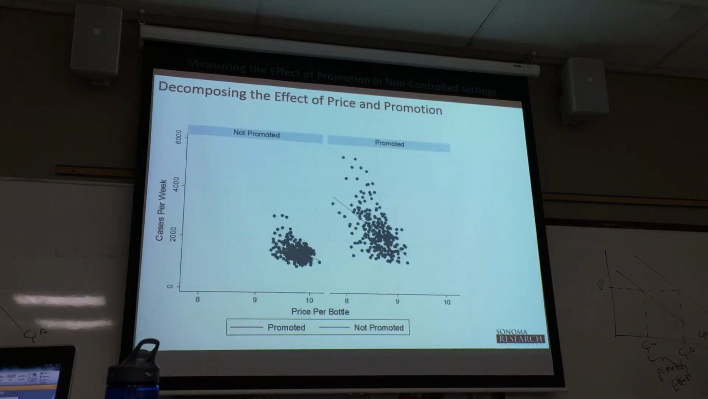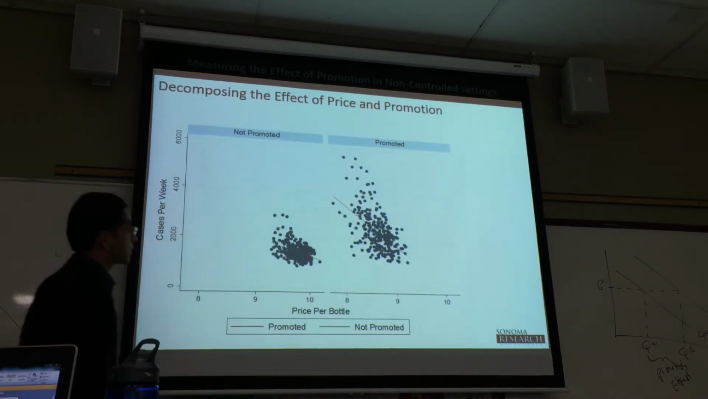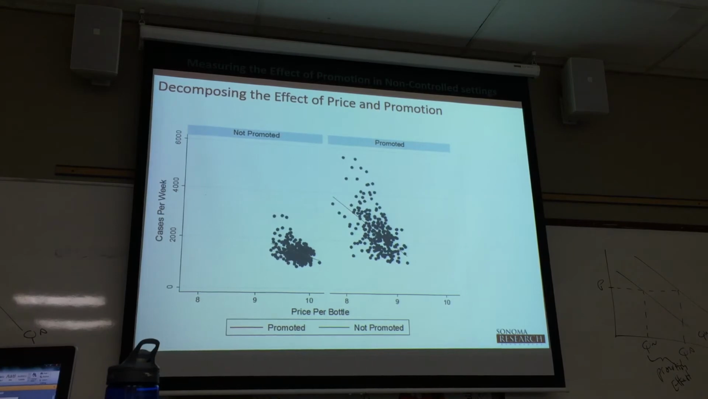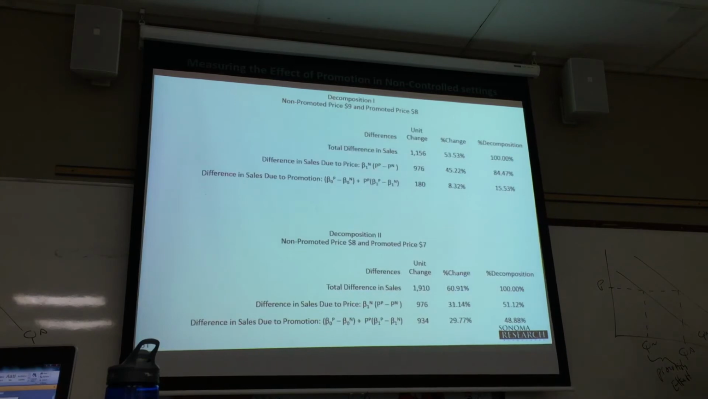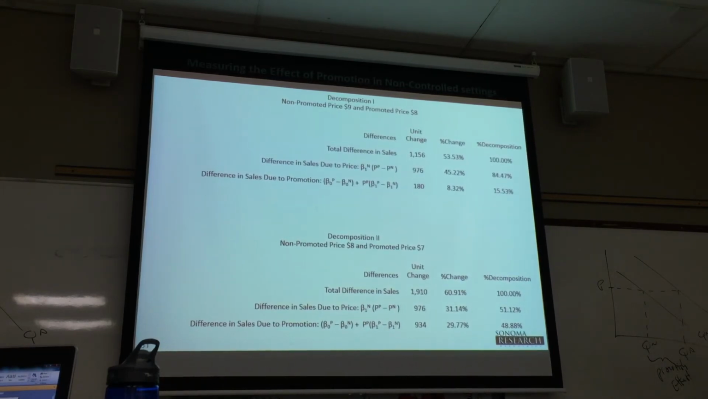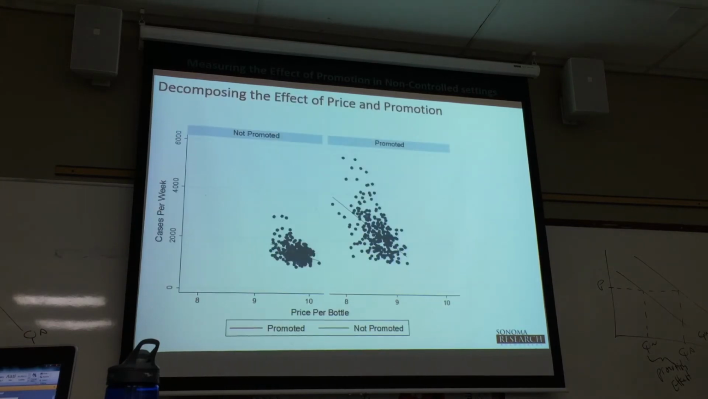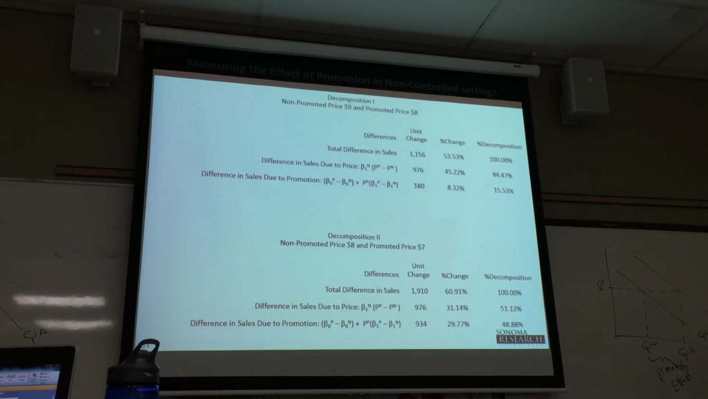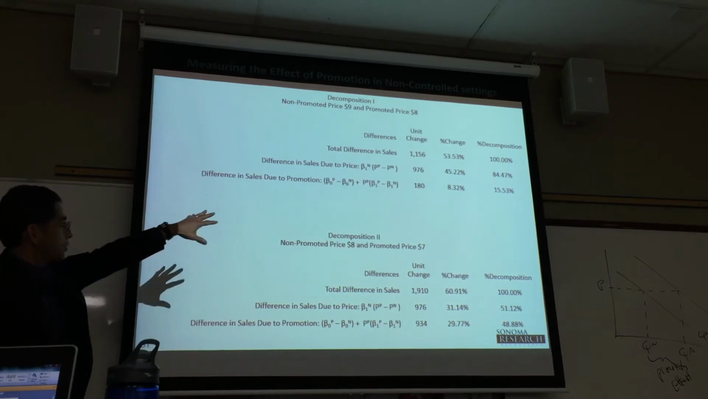All right, so here I ran the demand curves. Here's the promoted demand, here's the non-promoted demand. Do the slopes look the same to you? No. And if we look at the regression coefficients, they're different. They're clearly different. So I did the decomposition at a high price, $9, $8, the same $1 price. So I wanted to do a $1 price change. So at the high price, which is the one we did initially,